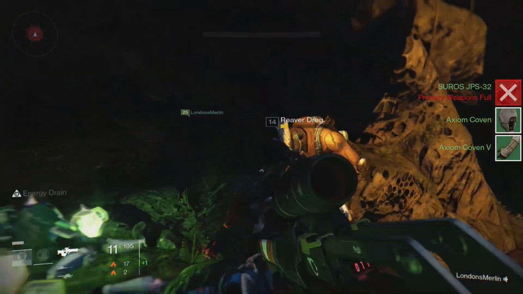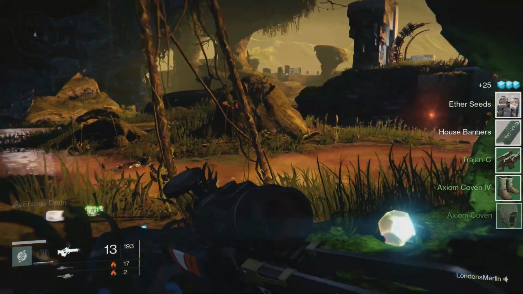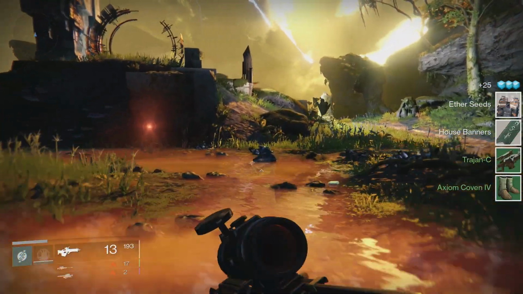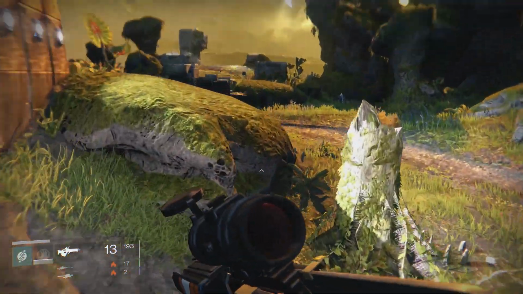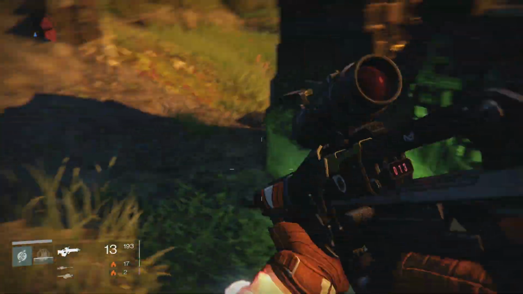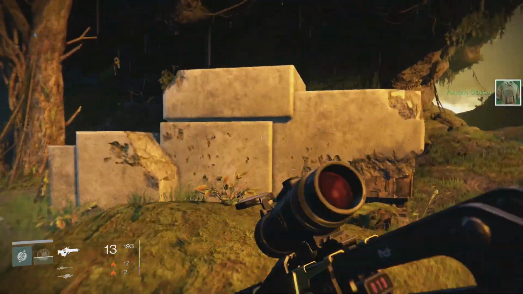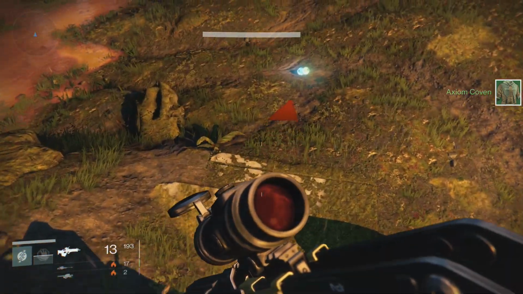One wave will go to the left and will consist of 3 Fallen enemies, and the other will go to the right and consist of 3 Shanks and either a Reaver Dreg or a Servitor. I guess it's just random. I've experienced both before, the Servitor only once, but either way, I assume I'm probably correct in saying that it is random. Either way, you can see that there is a large amount of enemies spawning from that cave